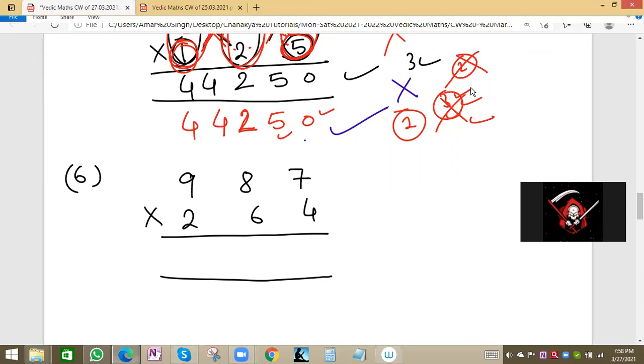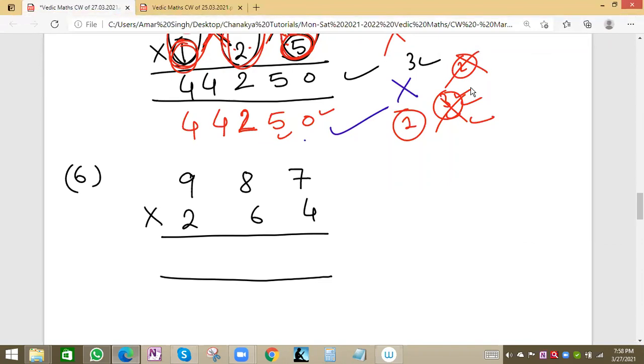Sir, I've replied. Anudeep, I got your answer this time. 260,568 is the correct answer. So I got answers from Rashul and Anudeep, Steve also. So all the answers are correct for the first 3 students: Rashul, Anudeep, and then Steve. Tushar's answer is also correct, right? Same method we have to apply: straight, small crossing, big crossing, then small crossing, then straight. Yes, Zevin also has the right answer.